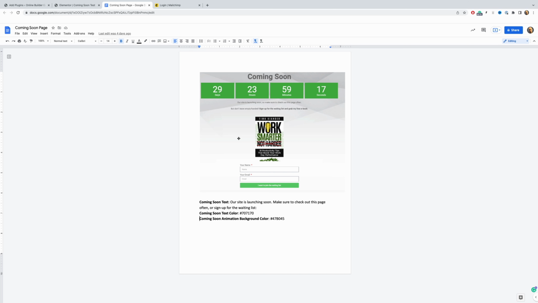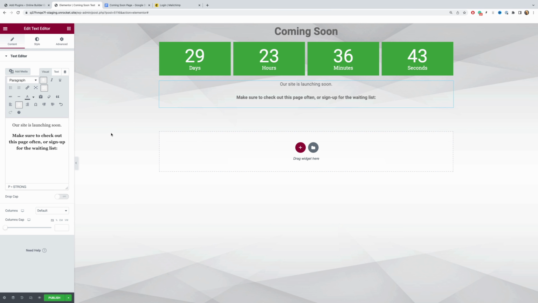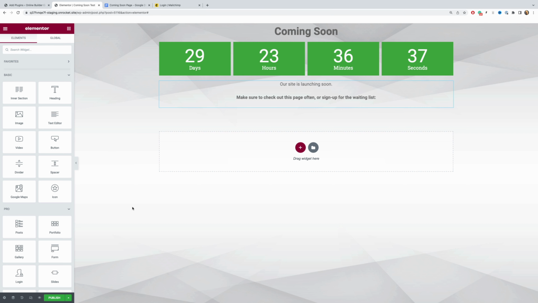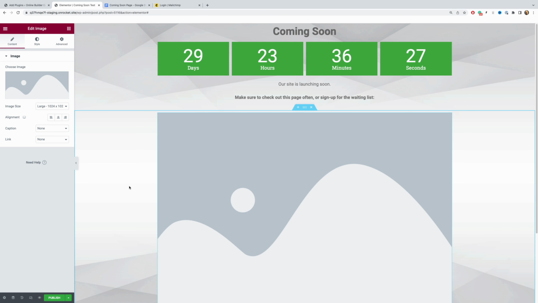So let's do that. Let's hop back to Elementor, and let me click on this icon to see the elements list. And in this case we are using the image element, so drag and drop it like this, and you will notice then that you have this huge placeholder area in your design view. Unfortunately, this is not the actual size of the image, it's going to be much smaller. So here on the left, under the image